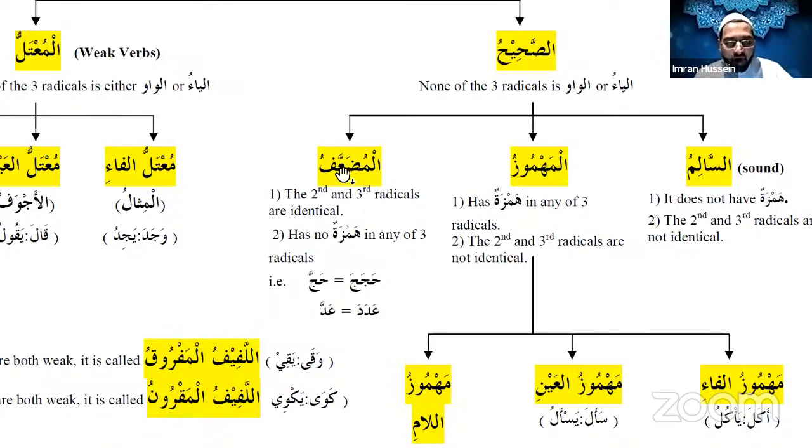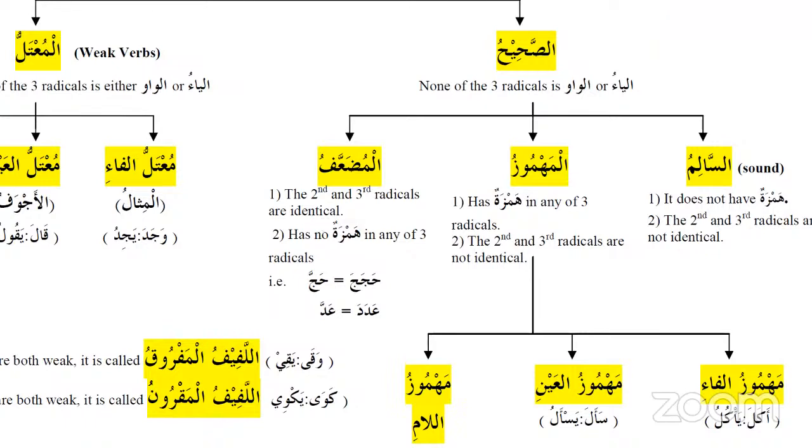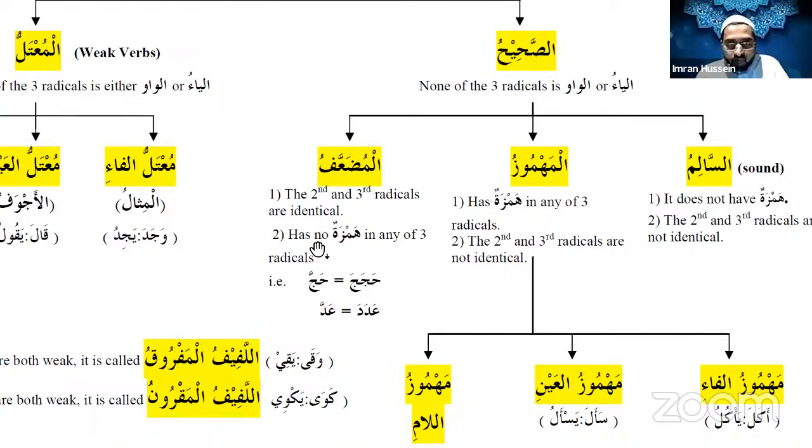So you can take the shadda off, and after the dhad, put an alif, say mudhaf, which comes with the same meaning, that there are two identical letters in the second and the third letter. So the ruling of mudha'af is the opposite of salim. So mudha'af is what, doctor? The second and the third radicals are identical, and there's no hamza in any of the three radicals. Excellent. Is that clear?